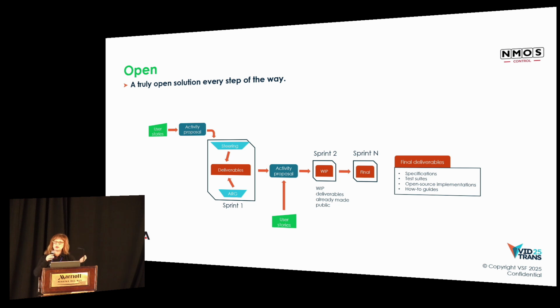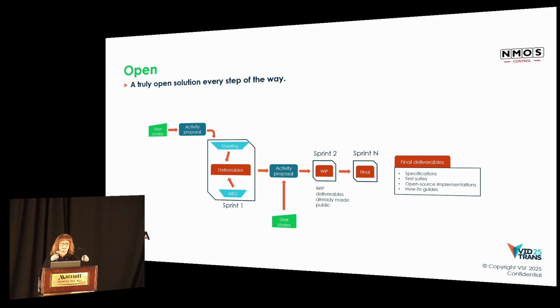And regular progress is offered to the community as part of the NMOS incubator calls every 2 weeks. And then the beginning of each sprint is another opportunity for the wider community to refine the user stories for the next sprint. So at the end, most, if not all, of the final deliverables are made available on GitHub in